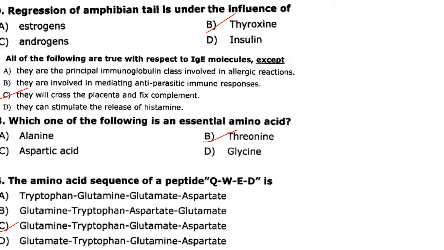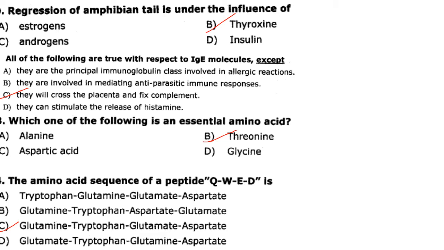Then regression of an amphibian tail is under the influence of. So it is under the influence of the hormone thyroxine. Answer is option B. All of the following are true with respect to IgE molecules except they are principal immunoglobulin